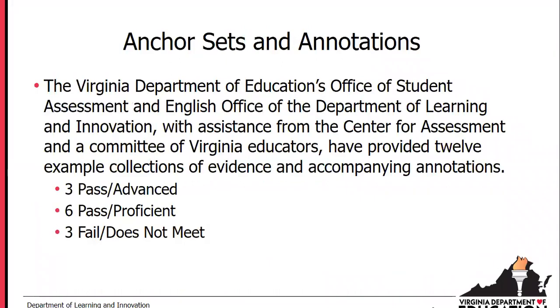So the Department of Ed's Office of Student Assessment and the English office from the Department of Learning, with the assistance of those Center for Assessment facilitators and those Virginia educators, have decided, deliberated, and have determined to provide a set of 12 example collections of evidence with accompanying annotations for your use. We have 3 at the pass advanced stage, 6 that demonstrate and model a pass proficient collection of evidence, and